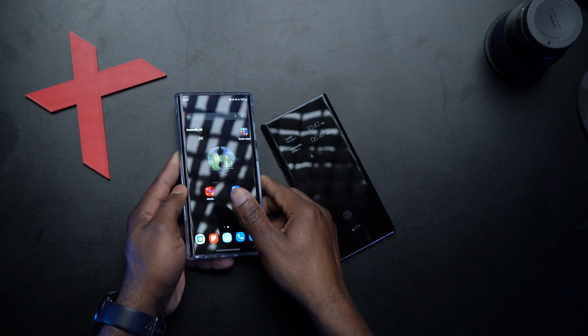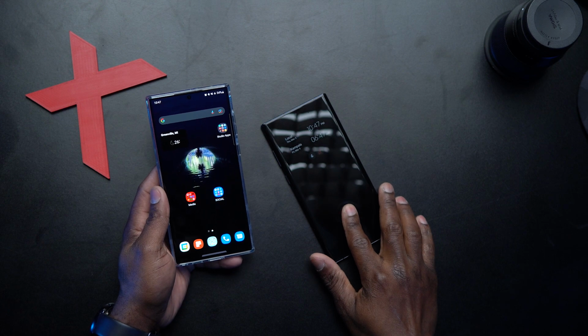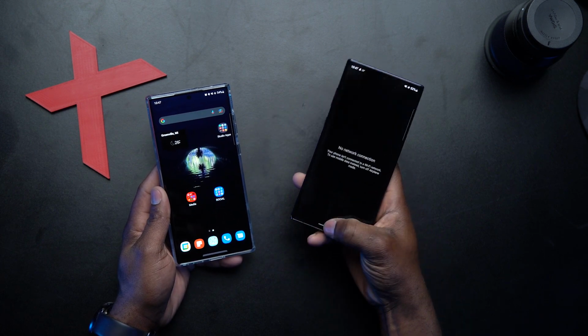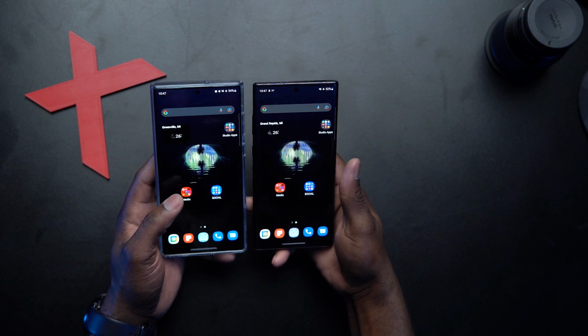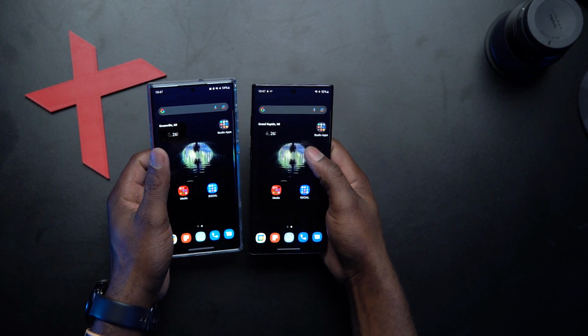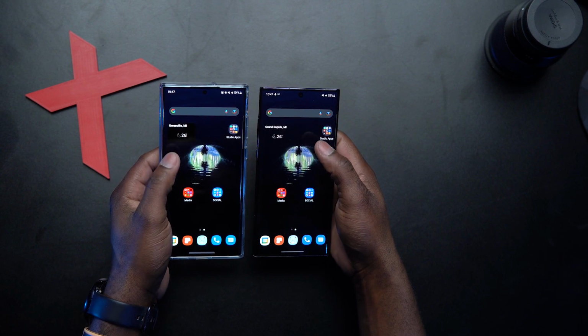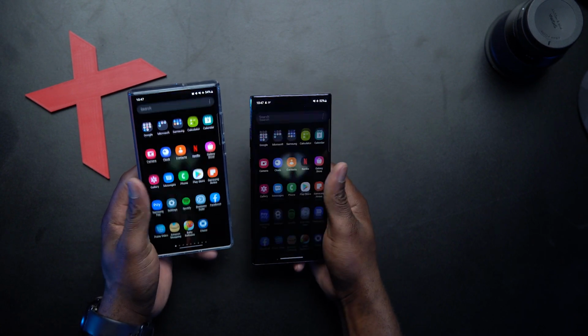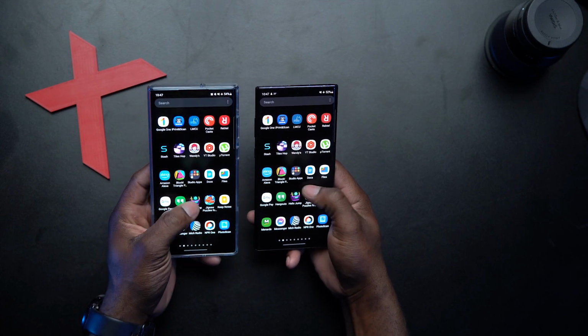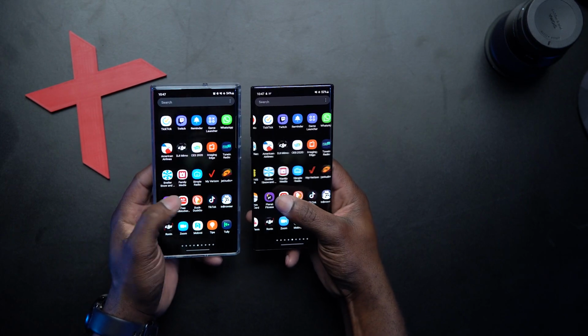I mean, look at my S22 Ultra and my Note 10 Plus. Look at that. The screens look exactly the same. Even the background image, I did not move that over by myself. All that was done by Smart Switch. And even the app drawer, look at that. They look exactly the same,